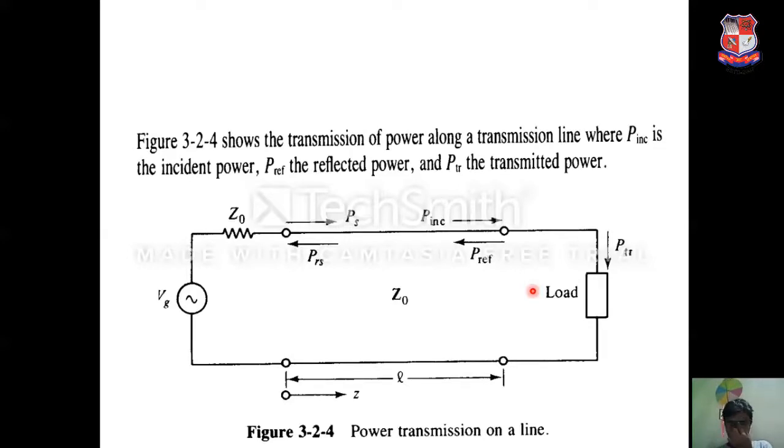Now in this circuit diagram, we have the propagation of power on the transmission line. The generator generates power toward the load via the transmission line, defined by PS. This is PRS, which is nothing but the reflected power. This is the incident power as it moves to the load. Again, this is the reflected power on the side of the load, and in between we have the characteristic impedance Z0, offered by the transmission line with length L. A very important part is the transmitted power, which moves to the load itself.